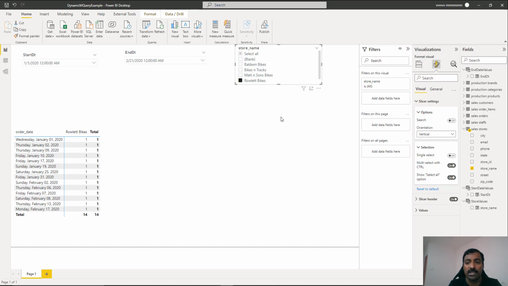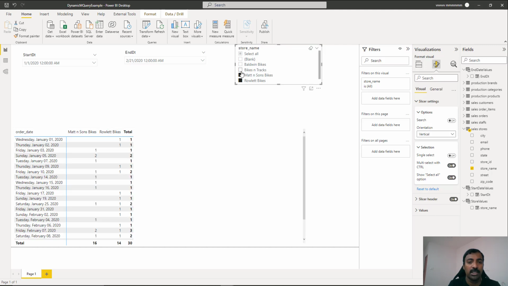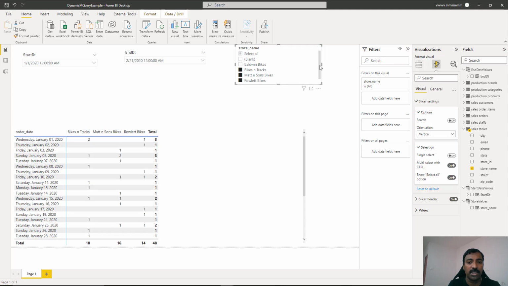because we have already implemented select all for our parameters. So we have implemented select all, and now if you see, automatically the moment you selected Rowlett bikes, you can see only Rowlett bike. If you want, you can have multiple select. So as you select, it will keep on adding to the data,